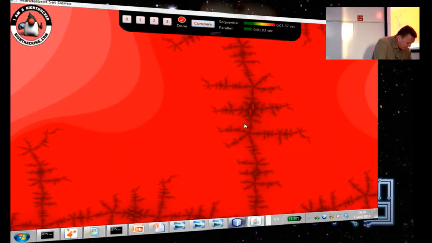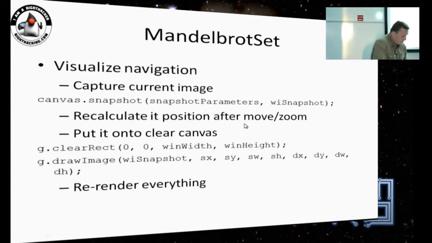What we do is we capture the current image in the beginning with the snapshot method, which saves the current image into a writable image. We calculate the new position after zooming and moving, and we draw it back onto the canvas. So we clear the canvas and draw this snapshot image on top.